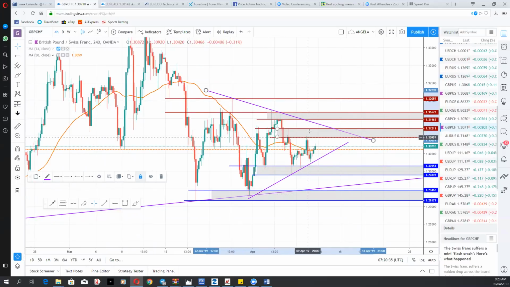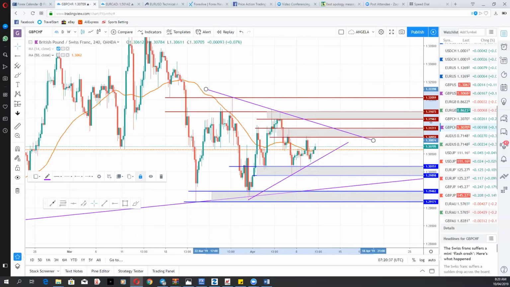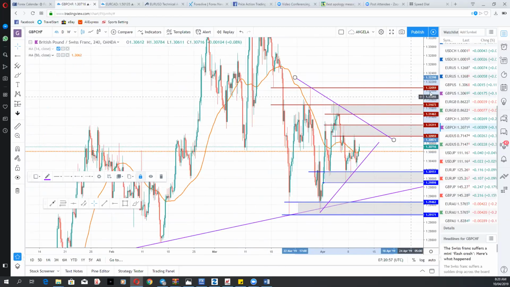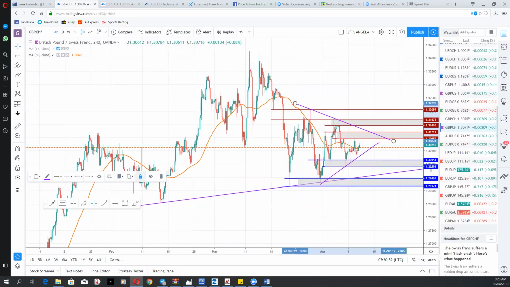There's resistance here. The market is respecting it between 130.95 to 131.21. There's resistance here, and this trend line, it seems the market is respecting it. So this is your first support structure, 1.3015 to 1.2989. And this pair basically seems to be in a ranging market. There's no trend here for sale.